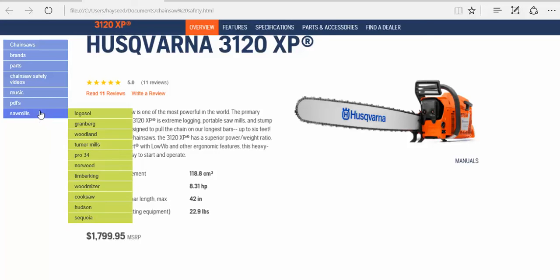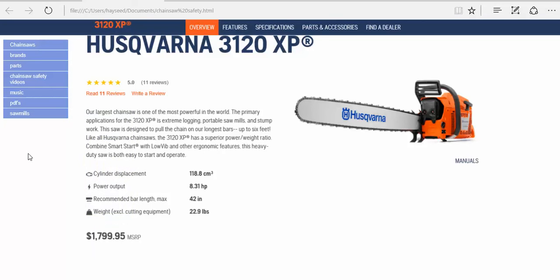This is just something I put together, just an example. Sawmills, every sawmill that you could want right there. It's purpose built. That way you can pull it up at a moment's notice. And if you save the information to your computer, you don't need an internet connection. So what we're going to do today is